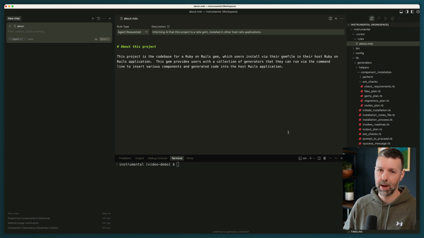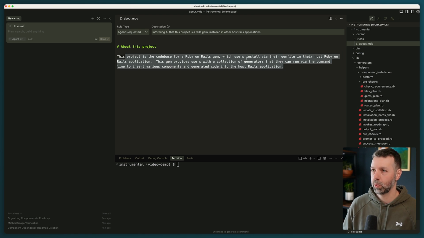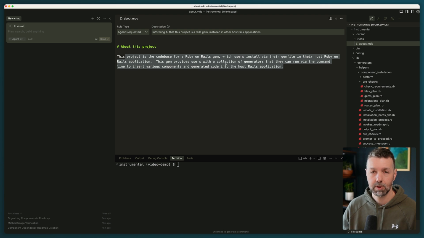It's not an actual Rails application. This is a gem that you would install into an application. That's why I created this about file, where I'm saying this is a Ruby on Rails gem, which users will install in their Gemfile, in their host Ruby on Rails application. It provides a collection of generators that can help you install components into your